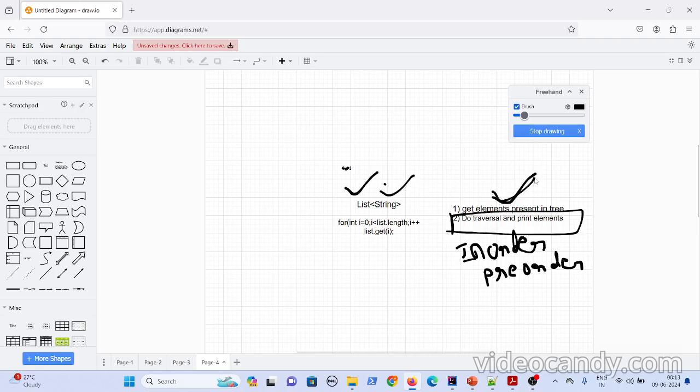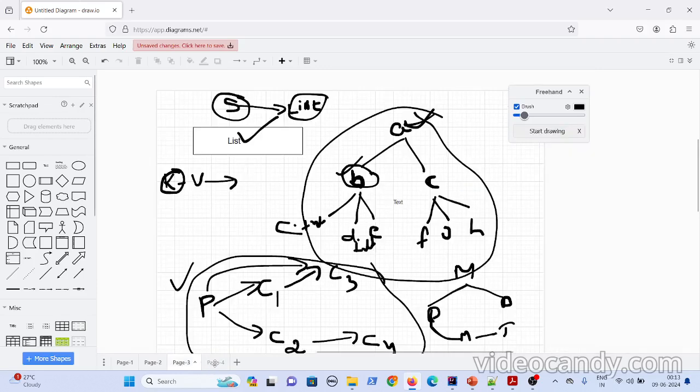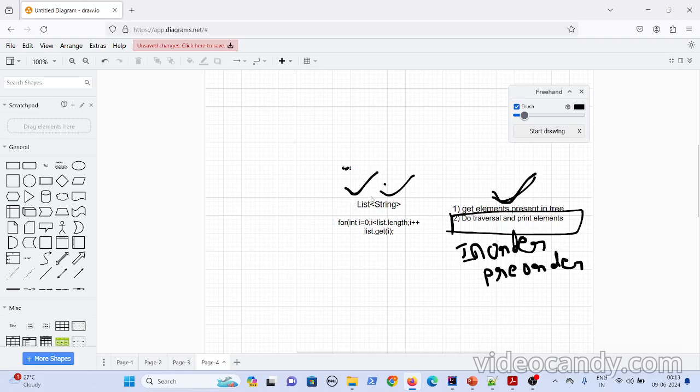And if it were at least uniform for all data structures, it would have been better. Maybe you could write the logic once and pass your list, graph, or tree to that code and it would work. But it's not like that. For each and every data structure, the traversal logic is different.